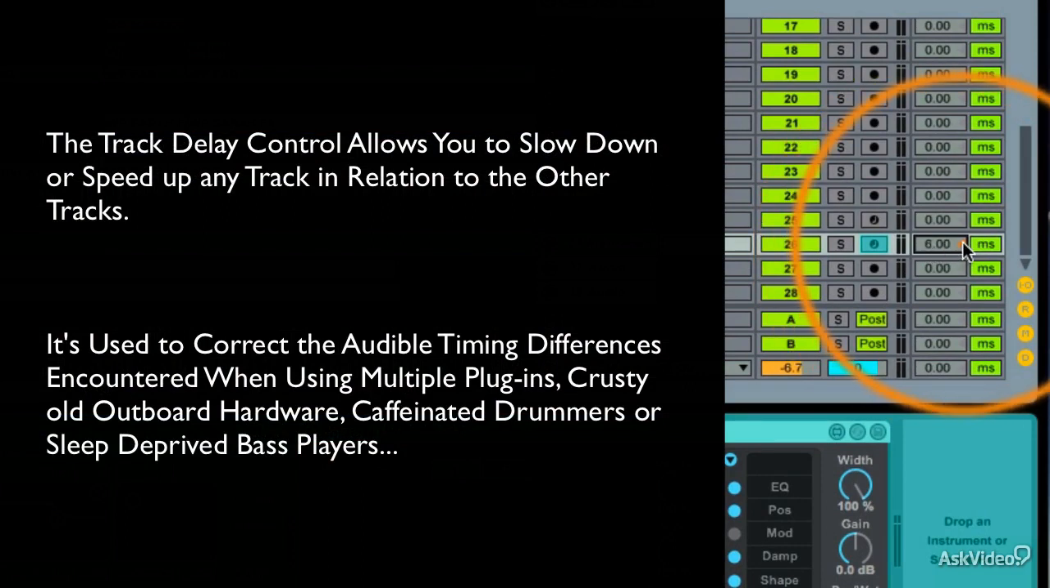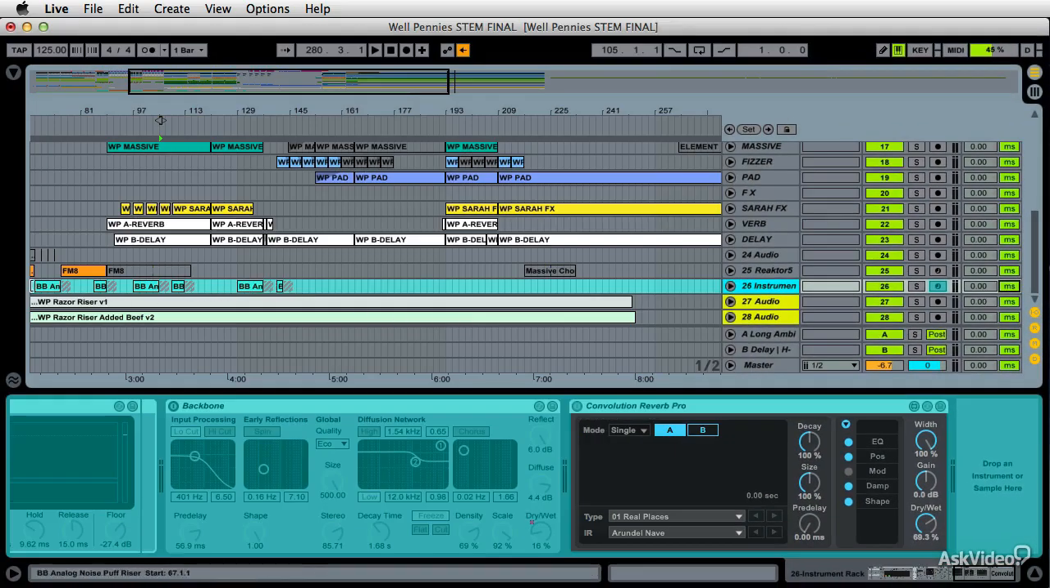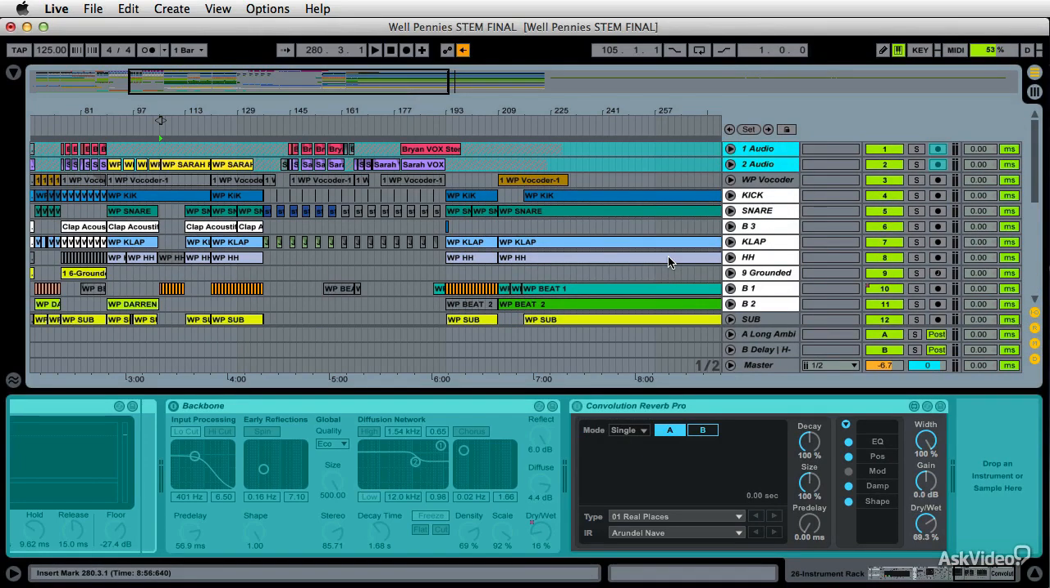Okay, so I can do this in sample based, or I can do it in milliseconds. To be honest, I never use this. I just use my ears. If something's getting out, I take the whole track and slip it. Okay, and you can do that very thing. I don't want to do it on this particular song because it's not the right time to do that, but